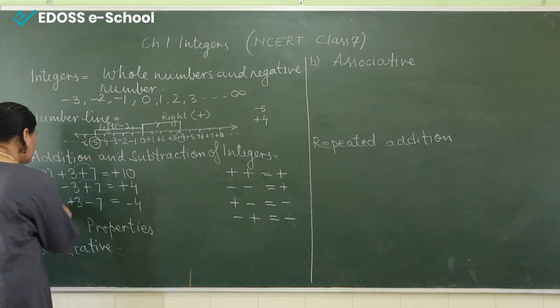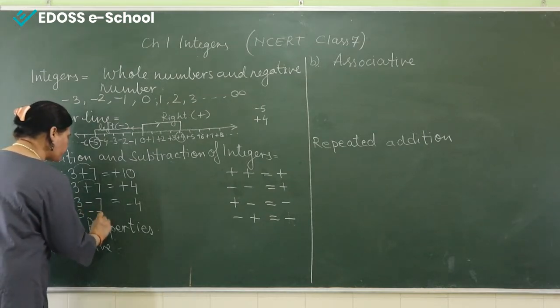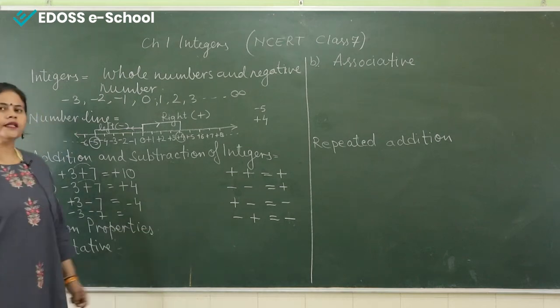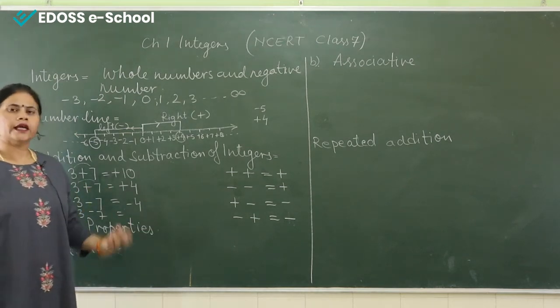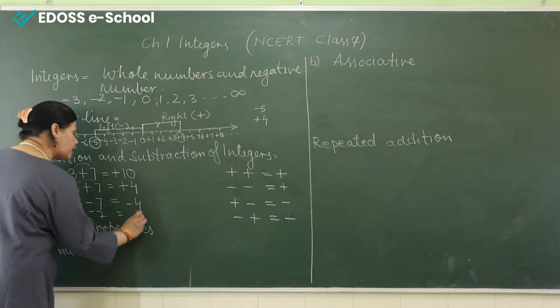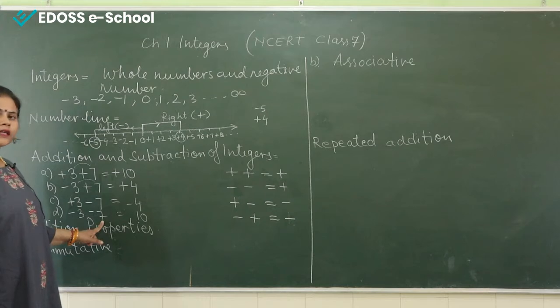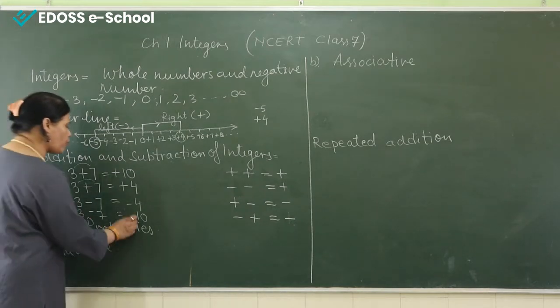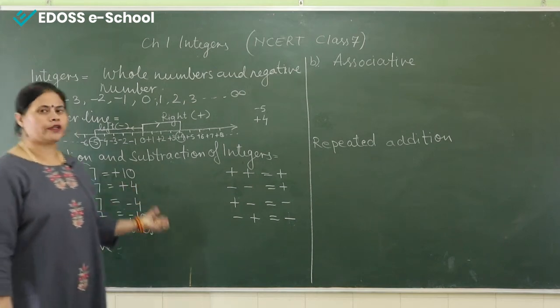And the last part, D, is if I gave you both the numbers, and both the integers are negative, so minus minus plus, it means 7 plus 3 is 10, and you have to put the sign of the greatest one. 7 is the greatest number, so it is negative, so you have to write down the negative here. So these are the addition and subtraction operations.